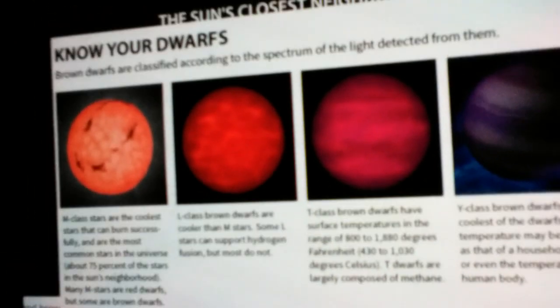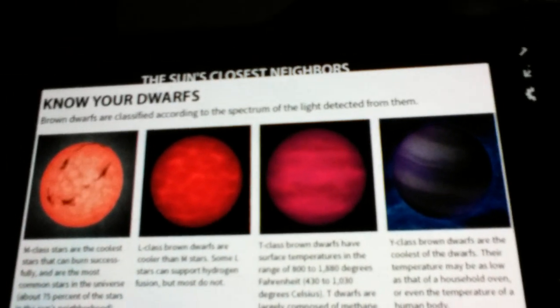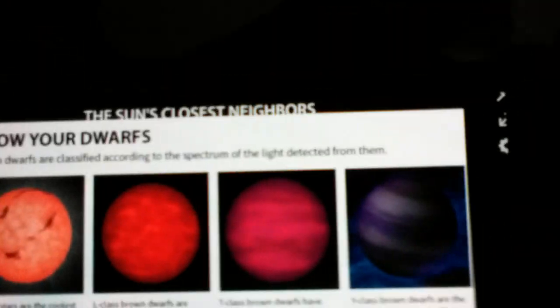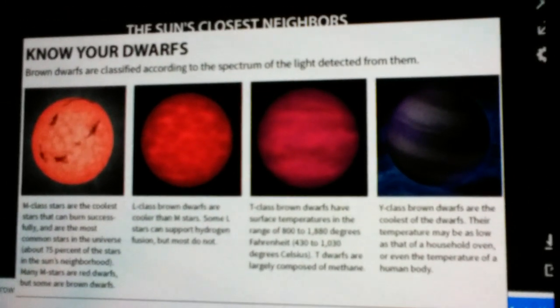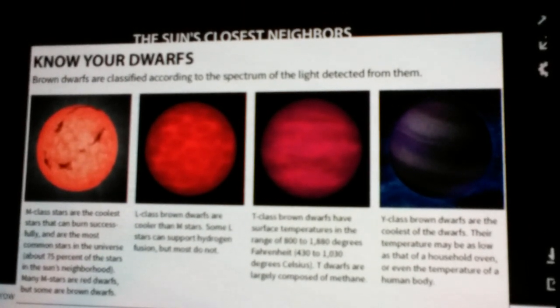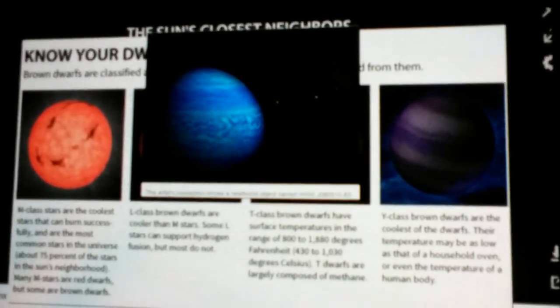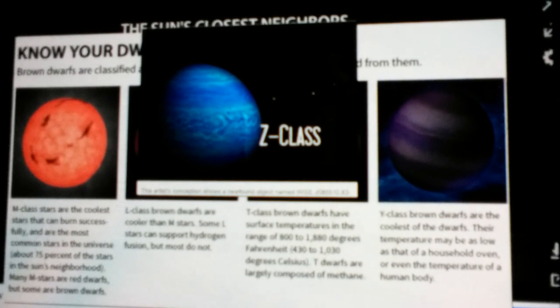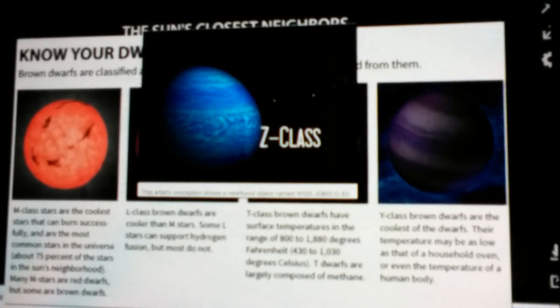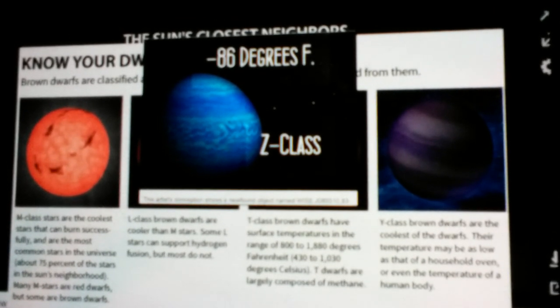But here you've got different classifications of dwarf, and we're going to add one to the left. The M-class are the coolest stars that can still burn successfully. The L-class dwarfs are cooler than the M stars. The T-class have a surface temperature of around 800 to 1800 degrees. Then the Y-class are about the temperature of a household oven or the temperature of a human body, right in that area. So now let's add, since they haven't used Z, a Z class,